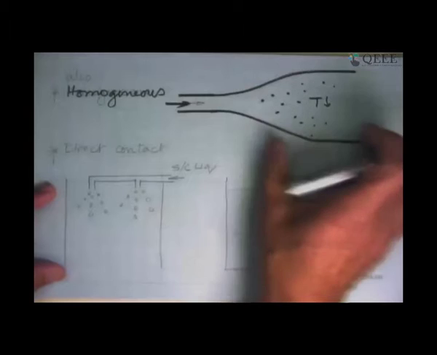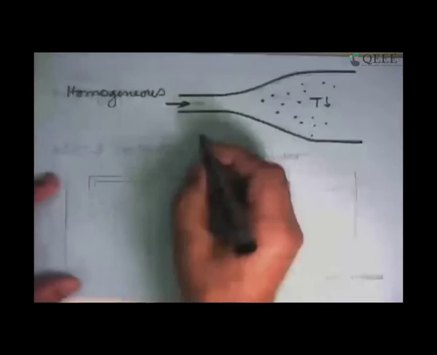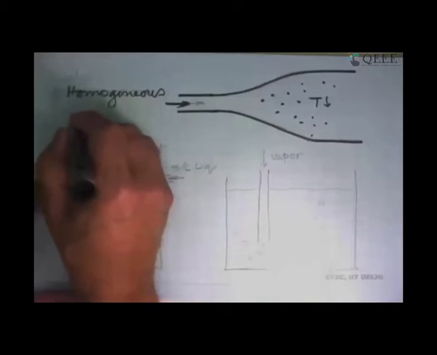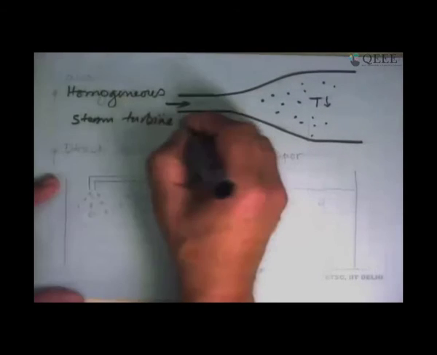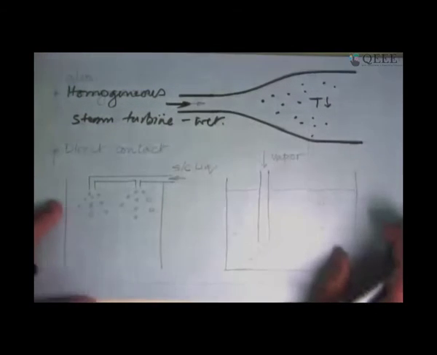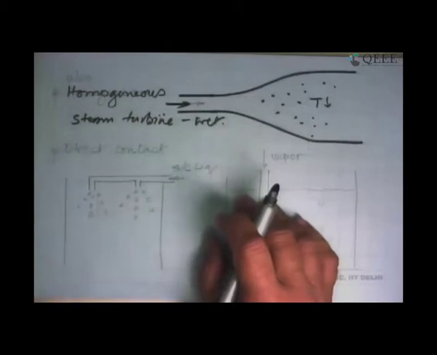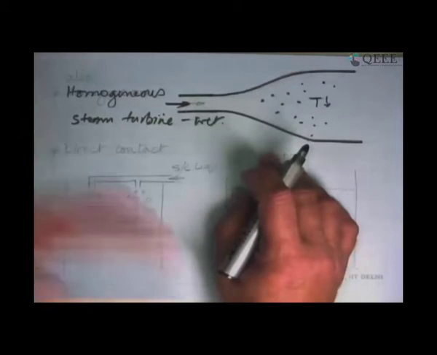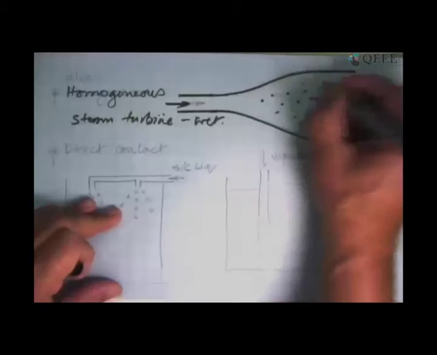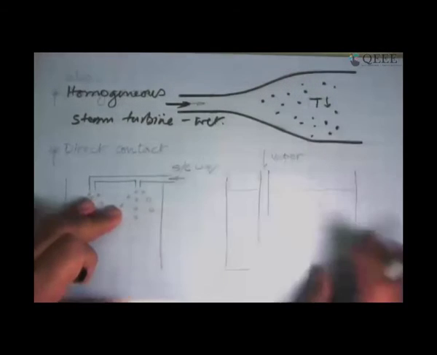This also happens, although I've shown it as a stationary application where you have something coming here and opening up. We also see this happening in the stages of a steam turbine where the steam is wet. In a coal-fired power plant, the last stages of the turbine will have wet steam in it. As the steam which was superheated at the inlet slowly keeps expanding, it finally becomes a saturated vapor, and at some point as it passes through the stator passages and the rotor passages, it continues to expand, pressure continues to drop, and you start having droplets coming into it. So this is what happens inside a steam turbine.